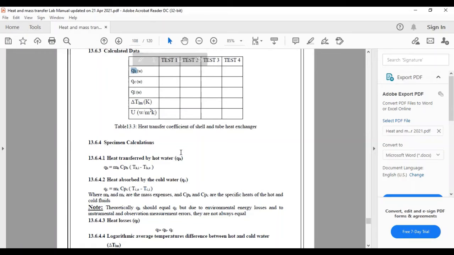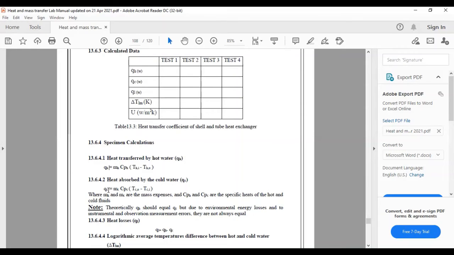This is basically heat transfer by hot water, and we will calculate it by multiplying the mass flow rate with the specific heat, and THI is basically the temperature of hot water inlet, that is ST1. We have measured it from the experiment, and this is THO. This is basically the hot water outlet. This is ST2. So in this way, we have all of these values. Mass flow rate we have already calculated. We have the value of the specific heat of hot water, and we have all other values. We will get this value of QH. And definitely we will get 4 values here because we have 4 sets of readings.